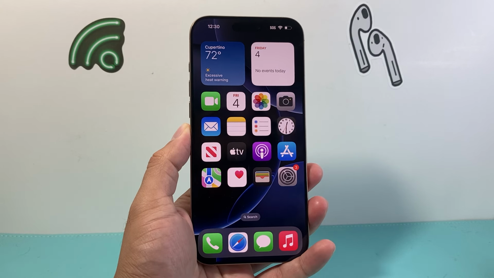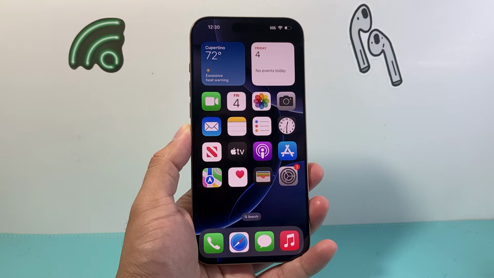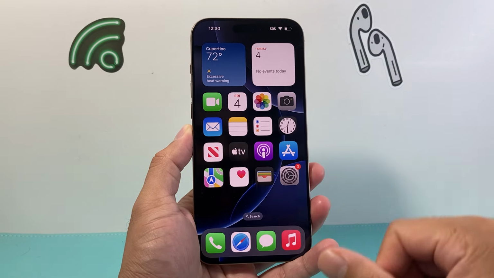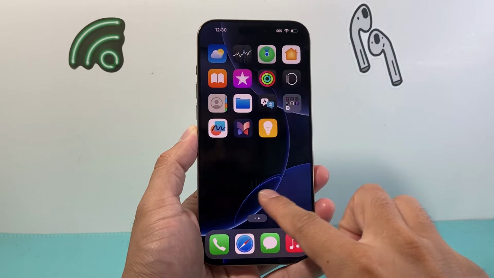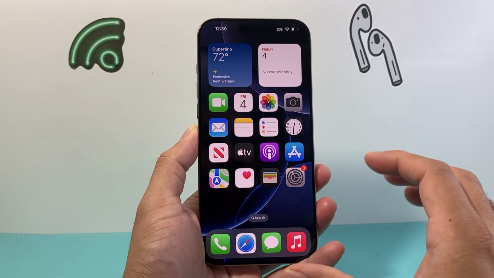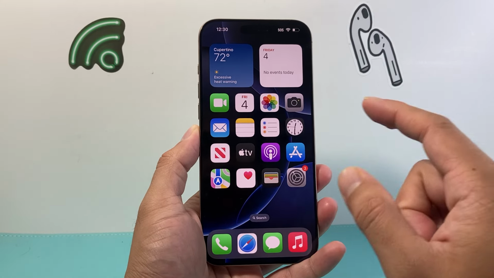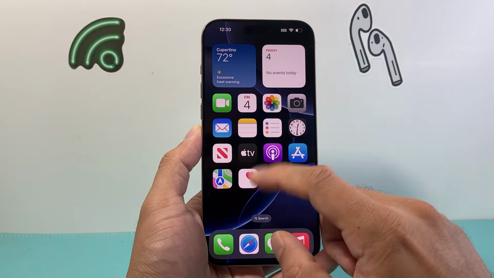In today's video, I'm going to show you how to make your app icon smaller on your iPhone. So let's get started. Now, if you notice, these apps are slightly bigger than the normal size. And if you want to reduce the size, all you're going to do is pick an app, doesn't matter, whatever